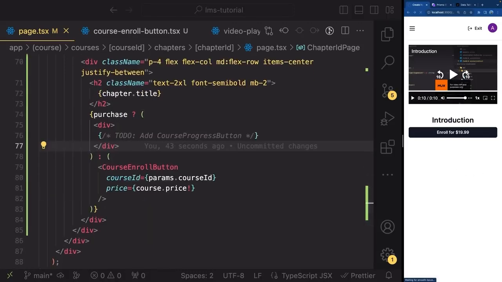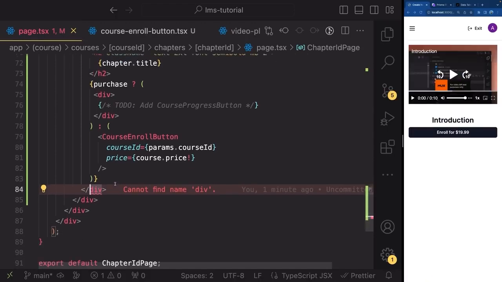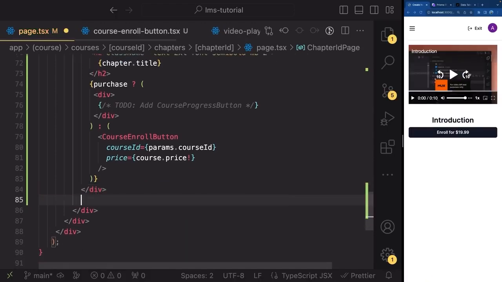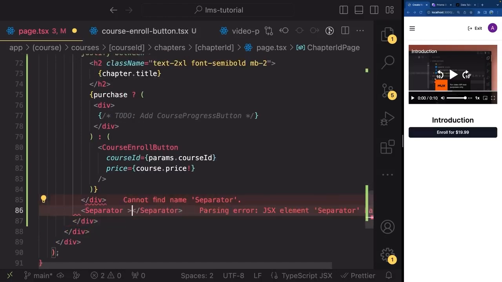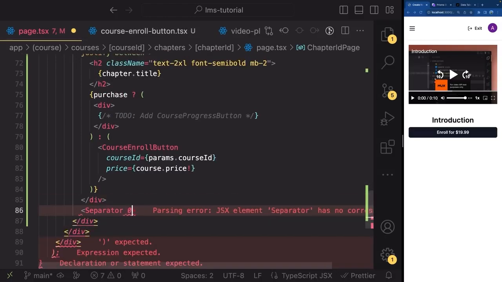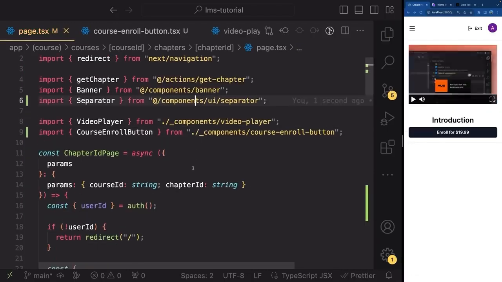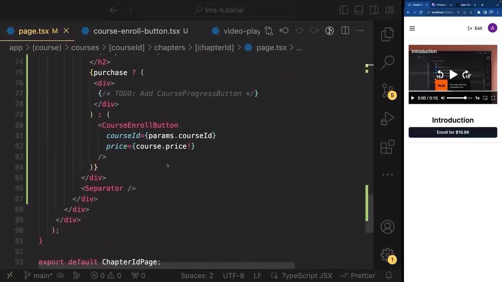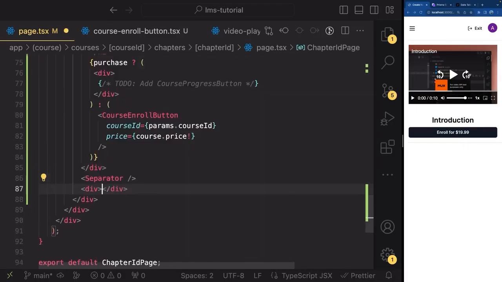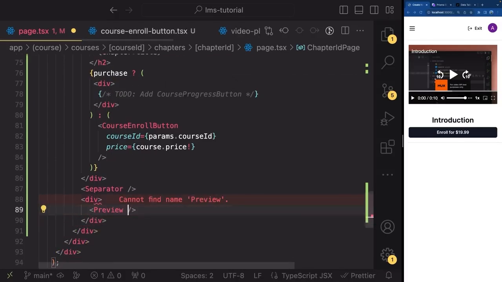All right, so now that we are outside of this course enroll button, go outside of this div, which is encapsulating the chapter title and the course button, and go below it, and you can just write a Separator from @/components/ui/separator. So don't accidentally import it from Radix. So let me just see, there we go, and I'm just gonna move it to the top. And there we go, you can see how I have a small line here now, which is, well, a separator. Below this separator, let's open a div, and inside, let's render a Preview component from @/components/preview. So make sure